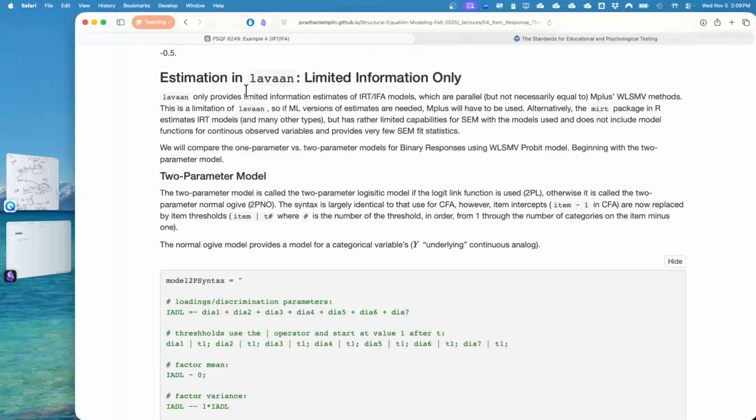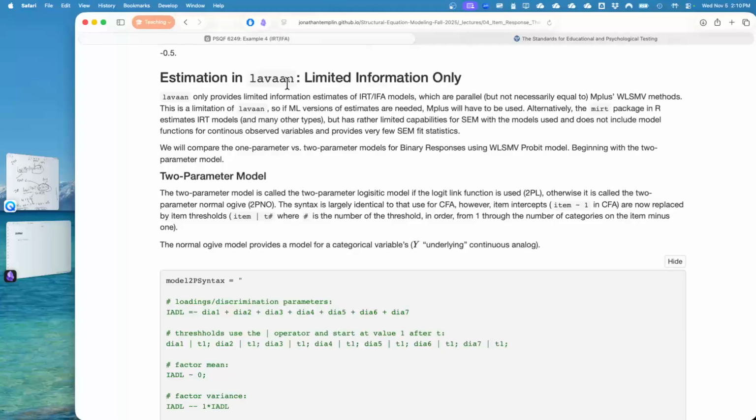Asymptotically, given some of the ways that lavaan and the theory work, you should get pretty consistent results between the two methods as n goes up. But the big difference is that for limited information, you're just using that correlation matrix, whereas in the opposite, what I called maximum likelihood before, now called full information, you're using the pattern of zeros and ones in the responses, right? Plus you're doing a little bit more integration.